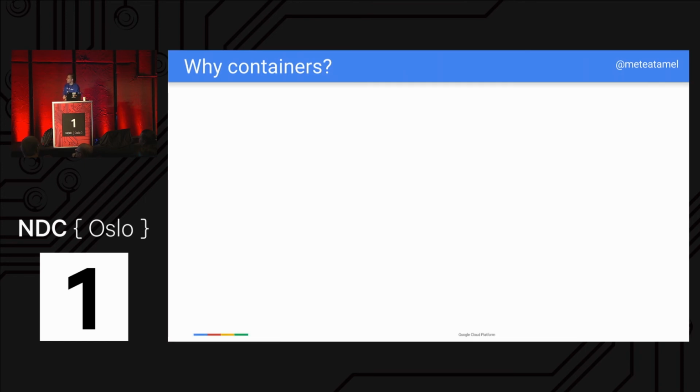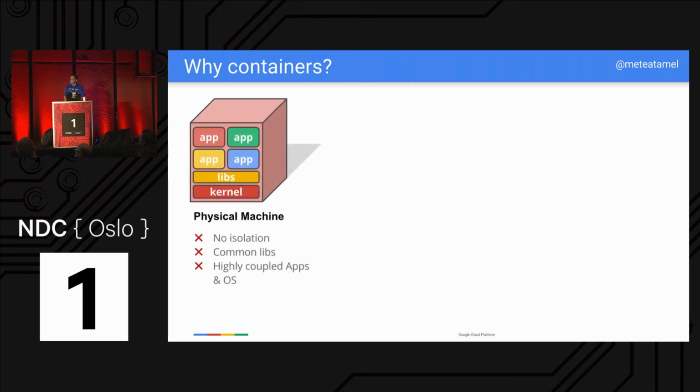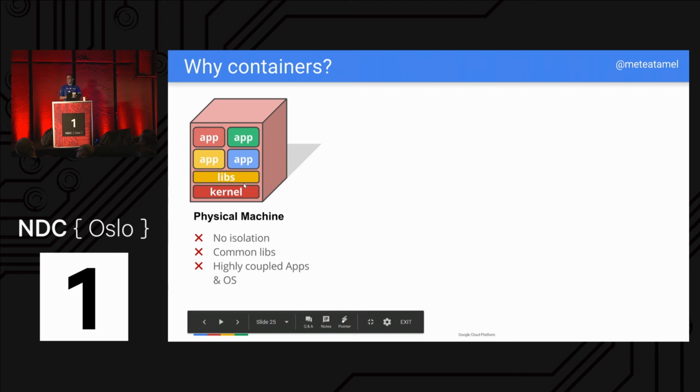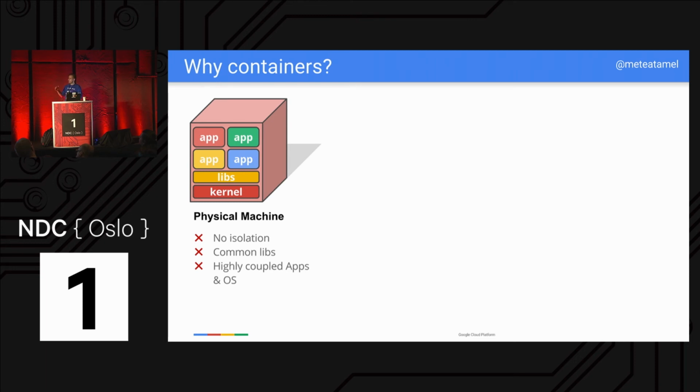I still get this question on, like, why should we even bother with containers? So I just want to answer it here briefly. If you look at how we used to deploy apps, it was pretty much like this. We used to have a physical machine, and then on top of that we had an operating system. Then on top of that we had a common set of libraries, and then we would deploy our apps on top of those libraries. The problem in this case was that there was tight coupling between apps and libraries and the operating system. So anytime you change something with the operating system, or anytime you change something with the libraries, you could potentially break any of these